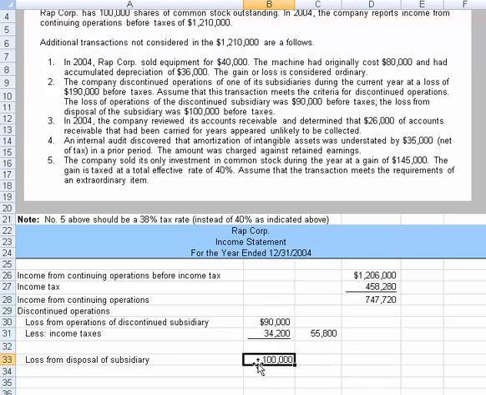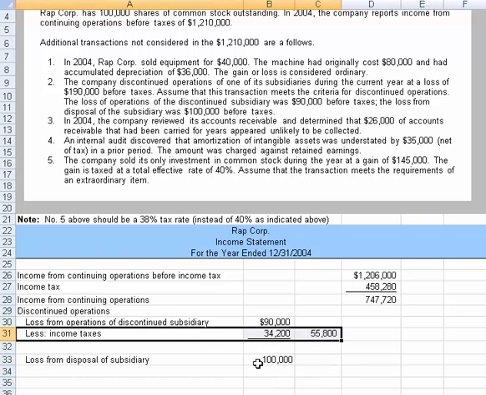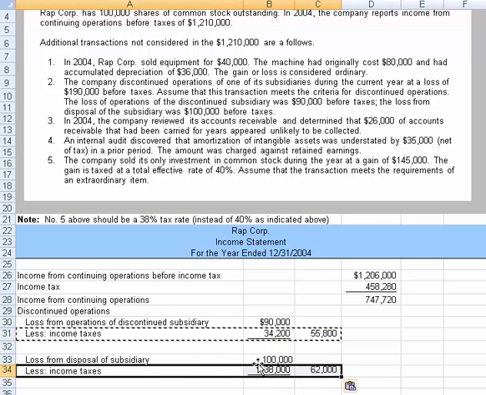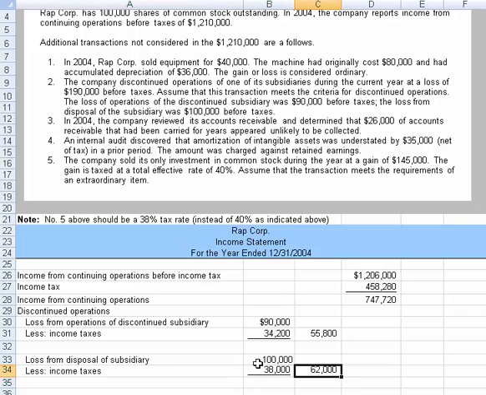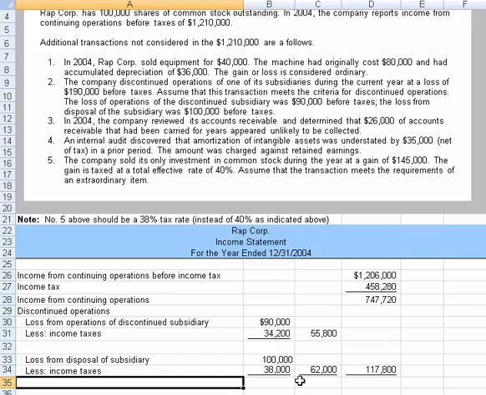Okay, and then again we need to do the less applicable taxes. So I'll just copy this right here, and all of that should have come out just fine, 38% with a 62,000. That's correct. Now we can underline this and add the two losses together, right? Since both were losses. So you see that taxes reduce the amount of the loss. Then we underline that item, and we're able to come up with a line item that I will call